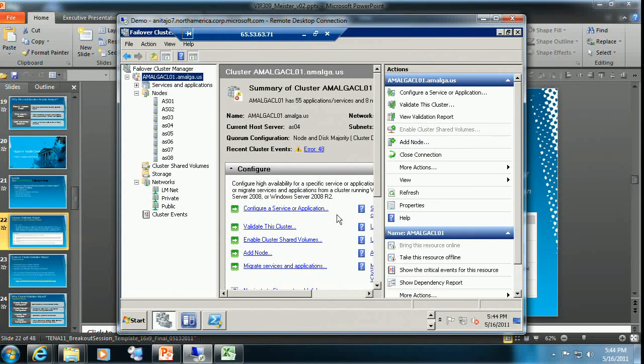Anyone using it? Microsoft just released our Microsoft iSCSI Target software. It used to be shipped with OEM, and you had to go through the OEM and get the storage server to get the iSCSI Target. Now it's free. You can download it, install it on your R2 box, and use iSCSI Target. We use it all the time. If you look up my blog, I have a step-by-step blog on how to create highly available virtual machines, or clustering VMs, so it would be like guest clustering. If you want to cluster your VMs using iSCSI Target, well, iSCSI Target is free. Use the same thing. Go step by step, and absolutely,